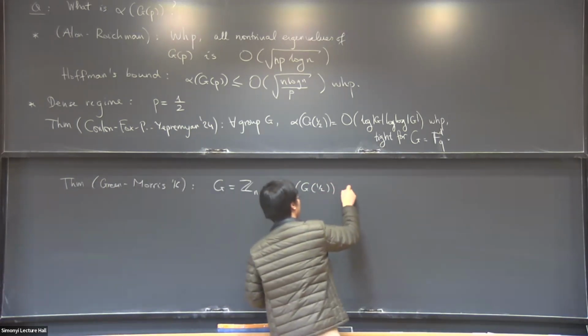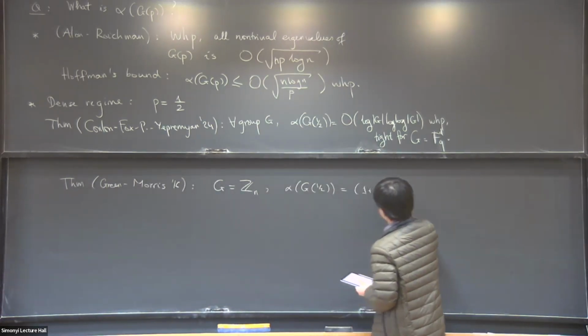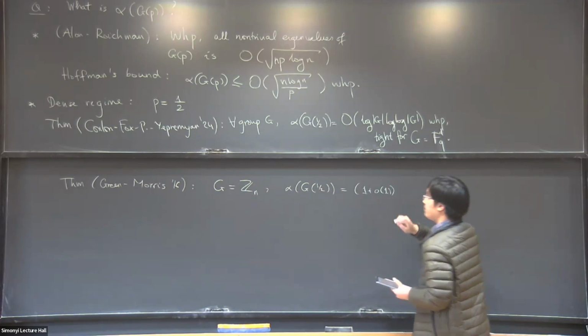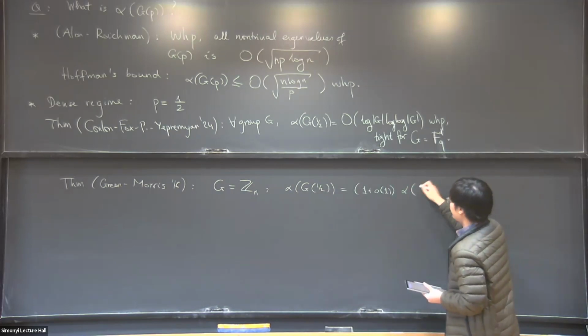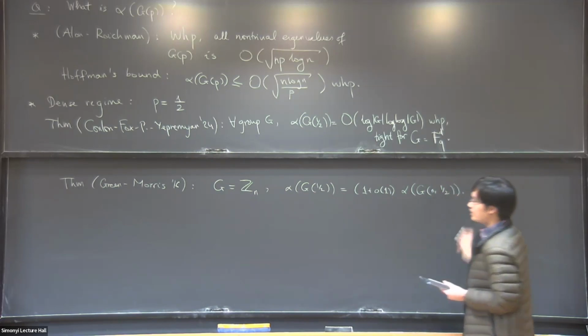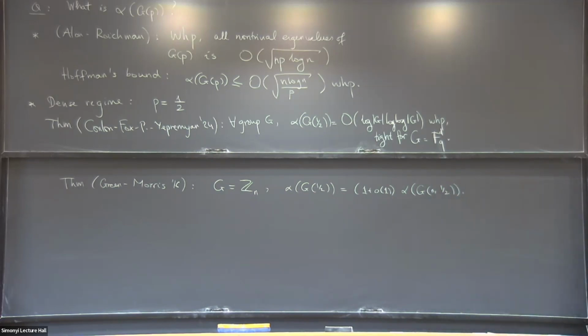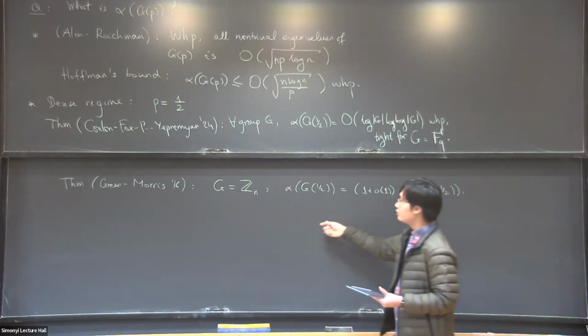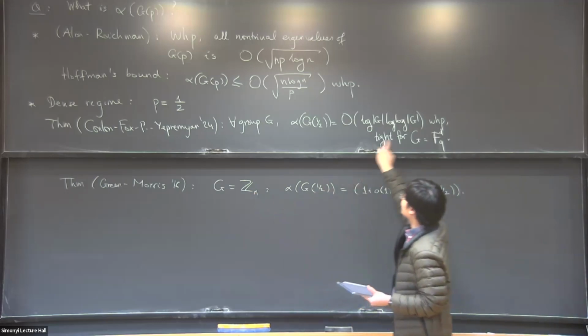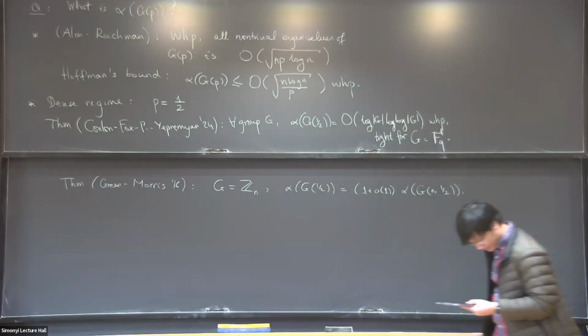So they can show that the independence number is actually asymptotically the same as the independence number in an Erdős–Rényi random graph, G(n,1/2), which is about 2 times log base 2 of n. Okay. And later in the talk we'll revisit this result, and hopefully then I can explain a little bit more why